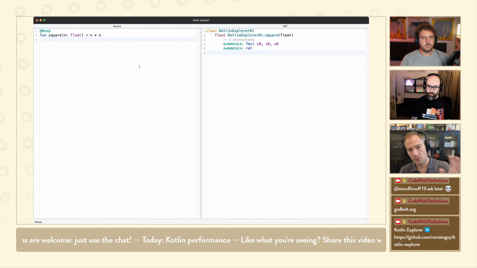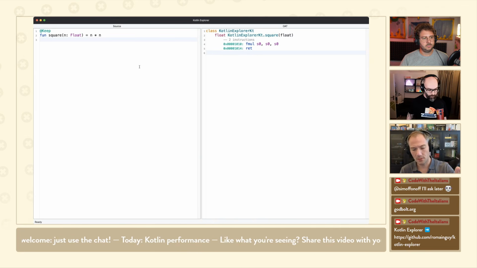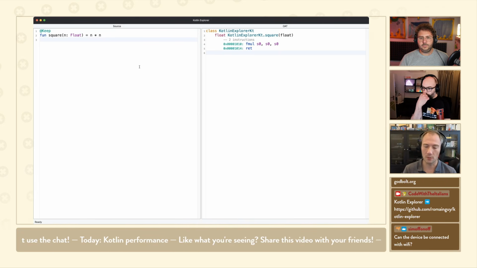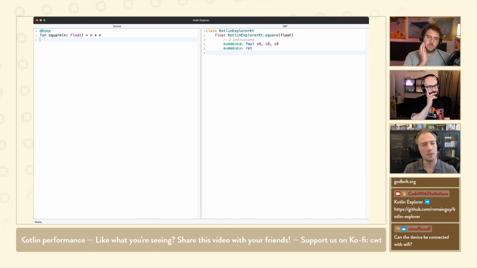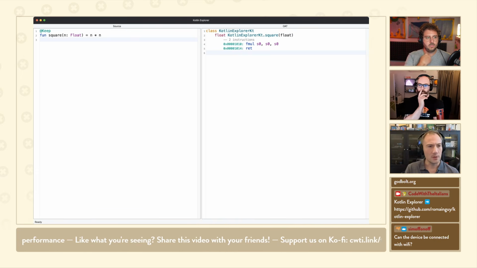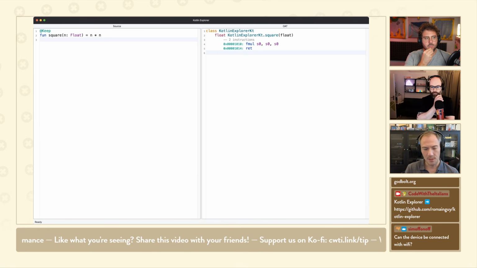You have some control if you go to the preferences. You can set up the ProGuard configuration. You can set up the Kotlin compiler arguments. And by default, there will be in the menu. Oh yeah, you don't see the menu, but in the menu bar, you can enable or disable optimizing with R8.